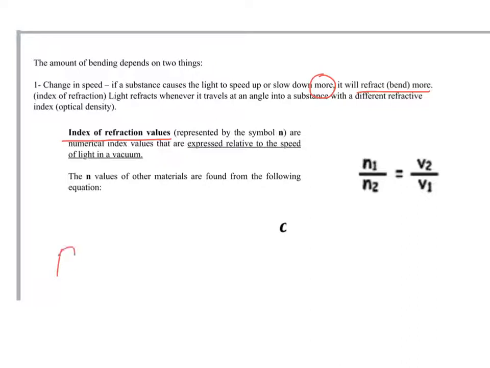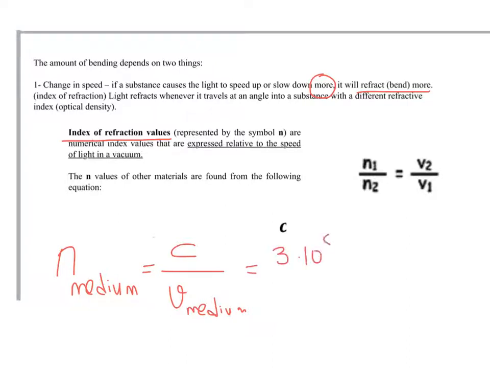The index of refraction of any medium is equal to the speed of light in vacuum or air over the speed of light in that medium. The speed of light in vacuum is a constant which is equal to 3 times 10 to the 8 meters per second. So if you have the speed of light in that medium, then you can find the index of refraction